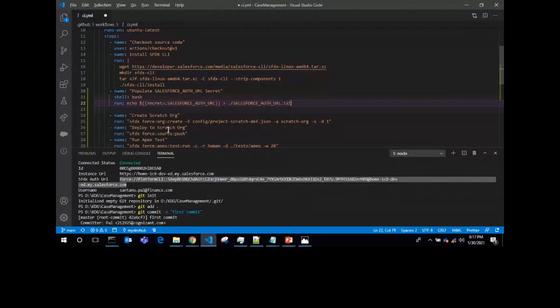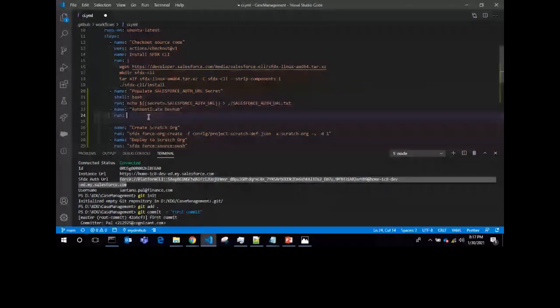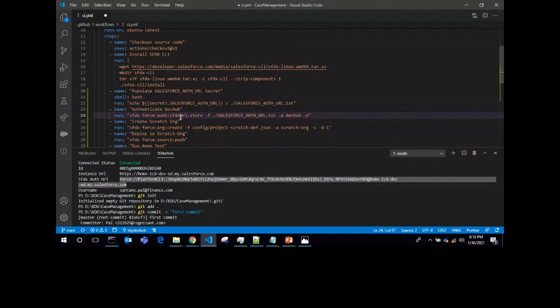Now using this auth URL, we will log into the DevHub org. So now I need to authenticate DevHub. Now run. For authenticate, the same code is there, whatever you used earlier: sfdx force:auth:sfdxurl:store. Using only this command, you can log into a Salesforce instance using the Salesforce auth URL.